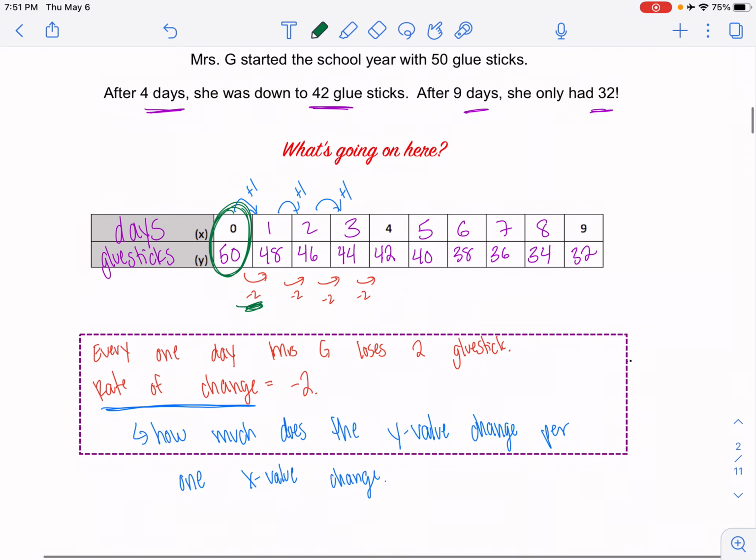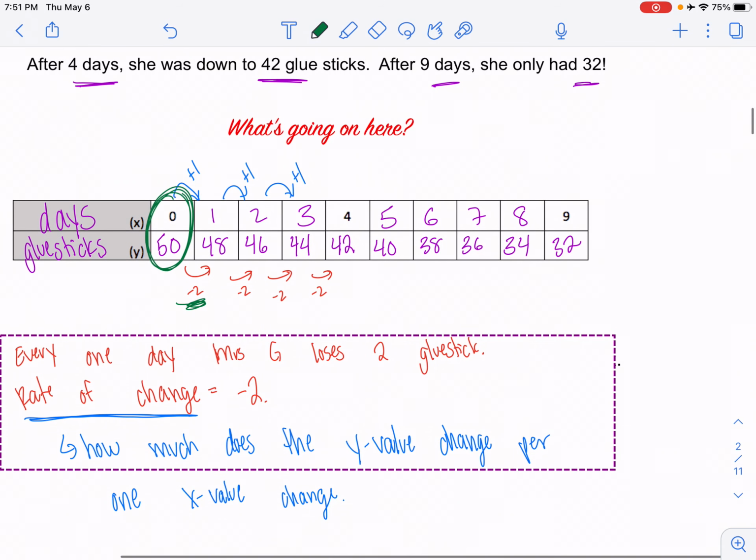Commonly when we write equations in our linear functions unit, we'll start with y equals. We'll try to figure out this value, talking about what the input was. We did those function machines, in and out rules. So the output comes from, how do I write a little formula that moves me in this direction? I put in 8, I get 32. I put in 7, I get 36. I put in 6, I get 38.